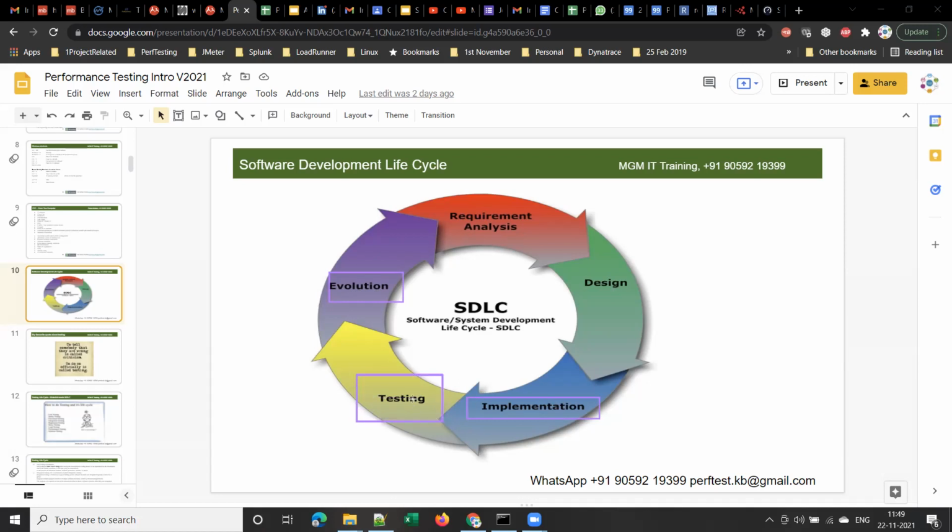And please remember, nowadays this testing is started along with the development. As soon as the development is started, testing also will be started, right? For modern applications, testing should be started right now, along with the development of the application. Is it clear, guys? What is SDLC? Software development life cycle. So this diagram tells you what are the different phases in the development of any software. Clear, guys?